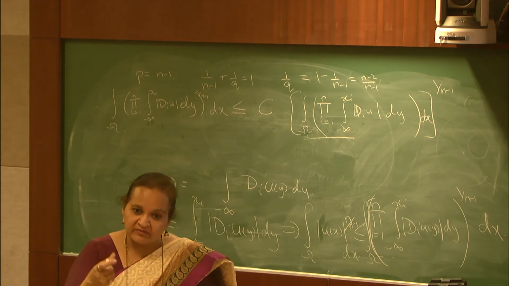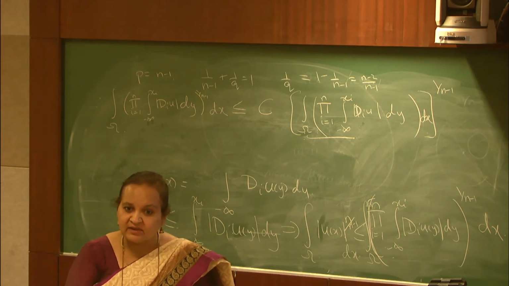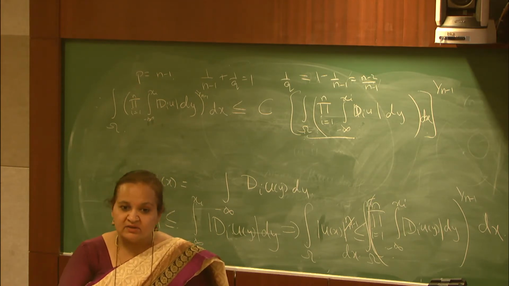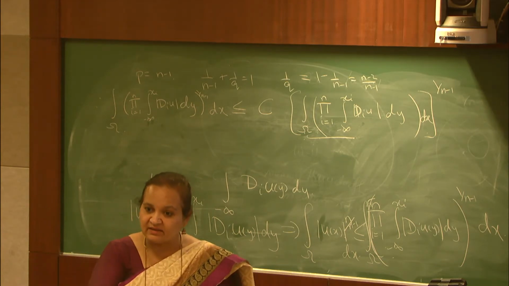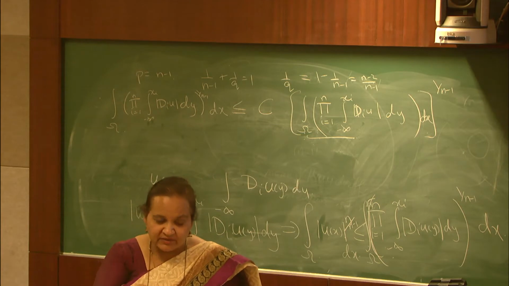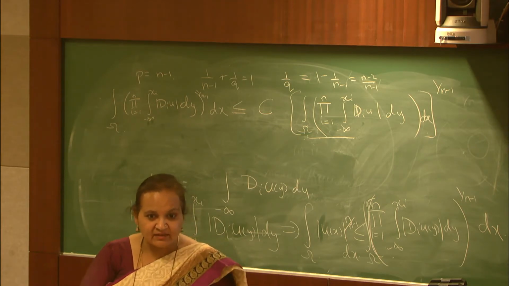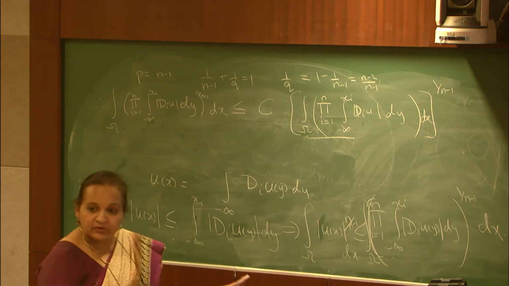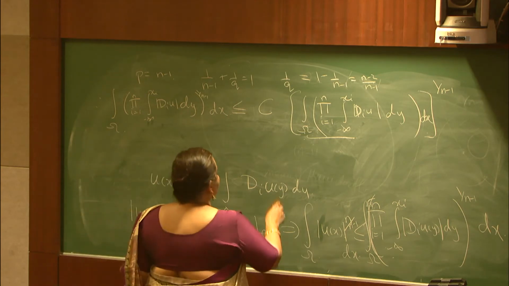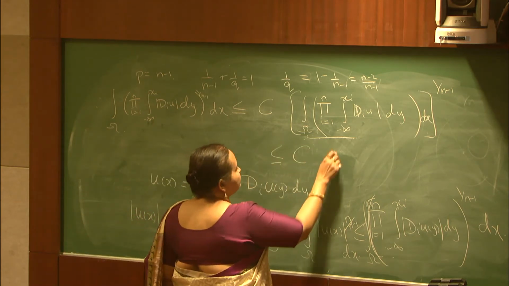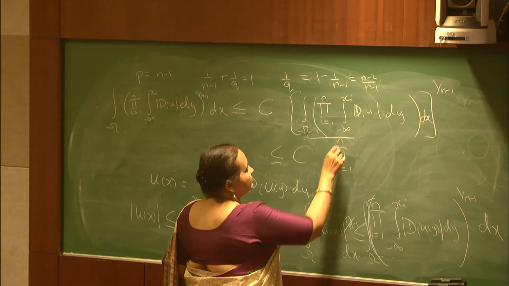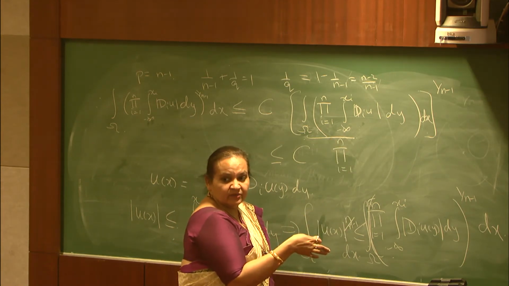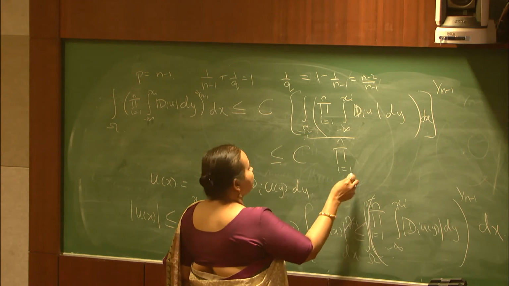Norm of a vector is equivalent to, it is less than equal to sum of the components, and also it is greater than that. So individual term is going to be less than the total sum. So that is what I am going to use. So this is going to be less than equal to c times product i goes from 1 to n. Okay, you can still take it as i goes from 1 to n